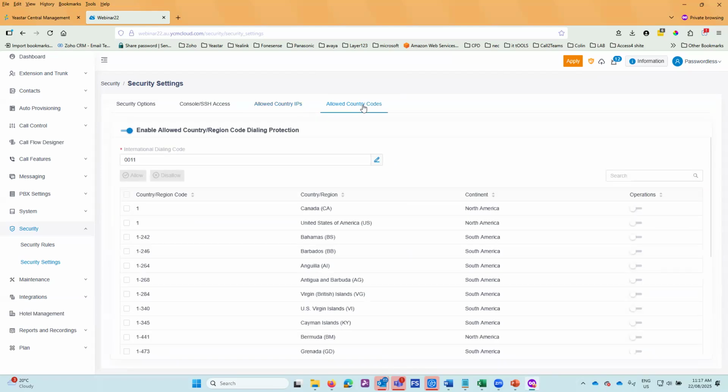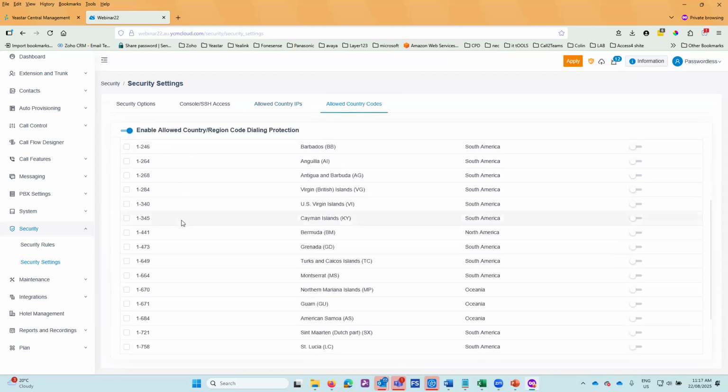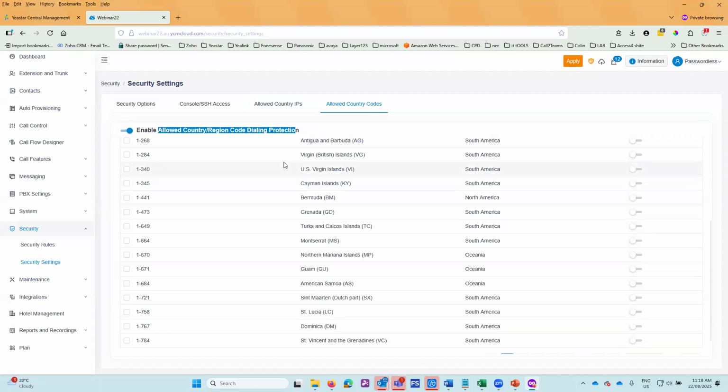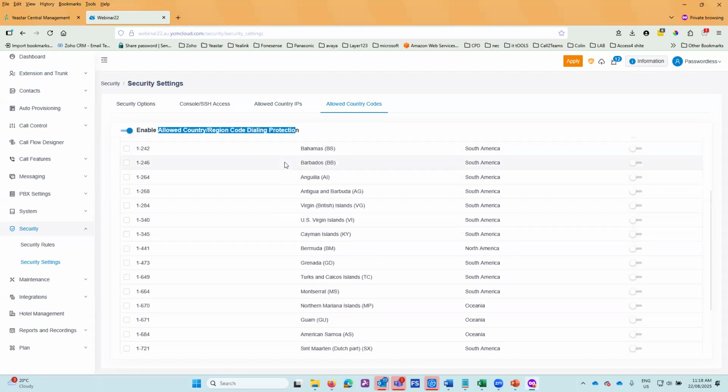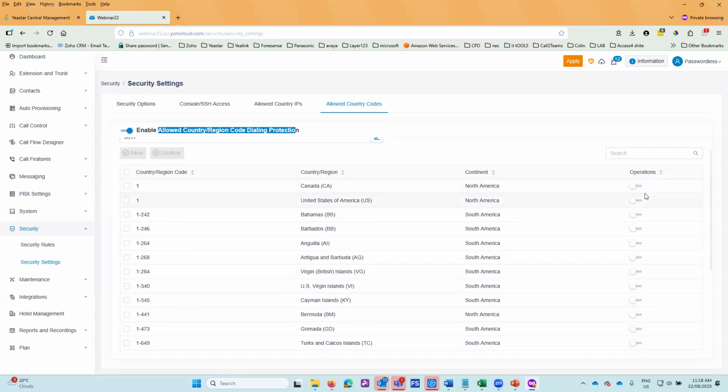But we can do dialing protection, so trying to protect you from someone hitting your system and making outbound calls. Same thing, we can allow country region dialing protection on this. Default is allow Australia, but if I want it to be able to ring to Canada,